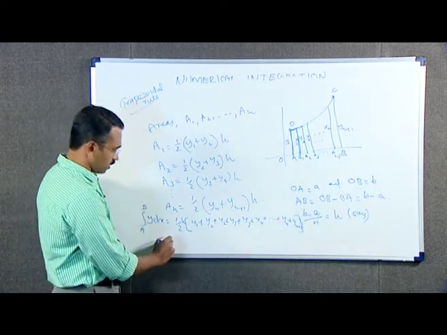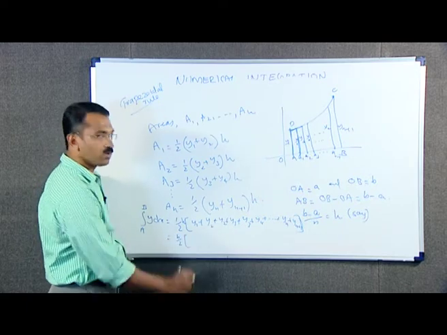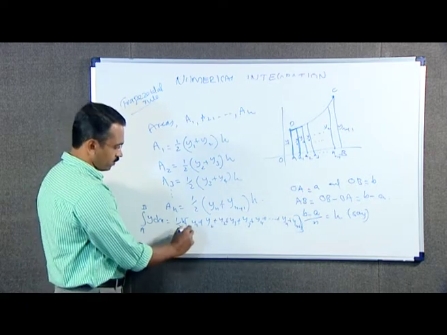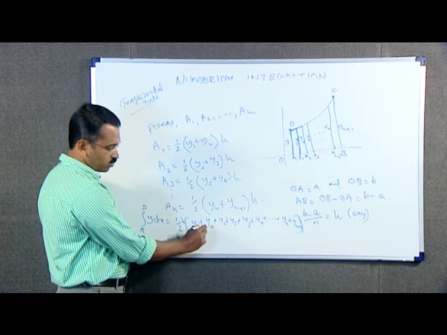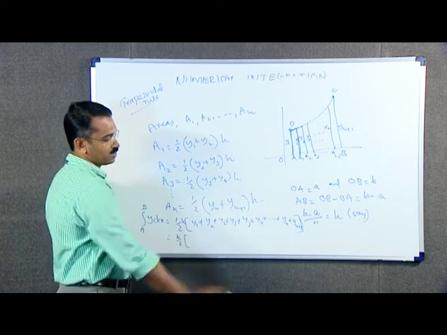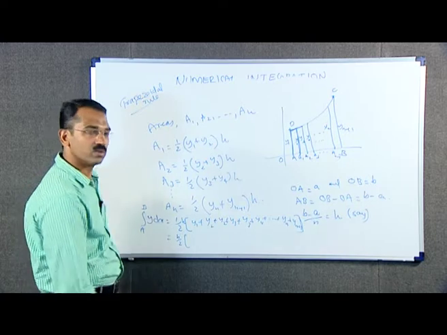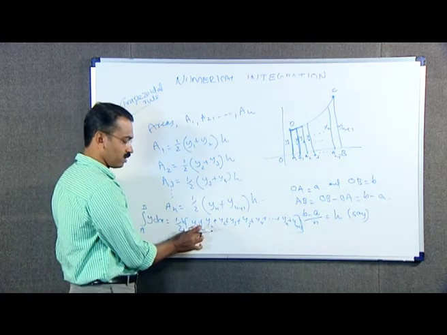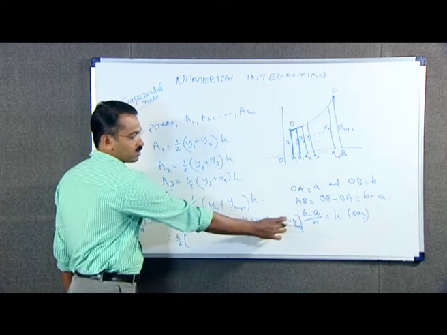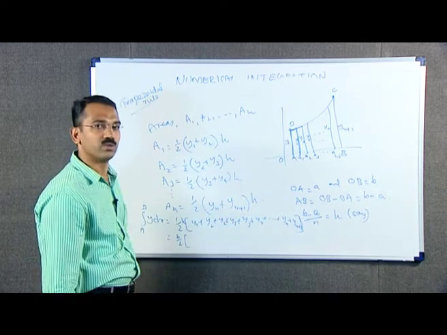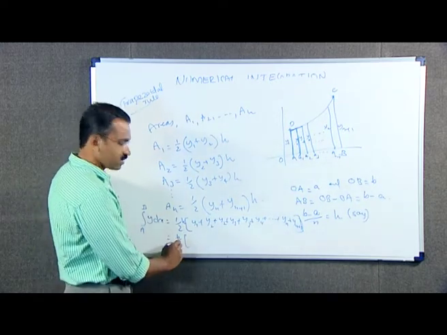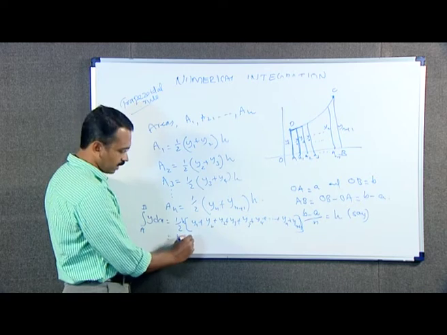Which is equal to h by 2 into, here y2, y3, y4 etc. up to yn are 2 times and y1 is only 1 and yn plus 1 is only 1. Therefore, we write this as h by 2 into A plus 2B,